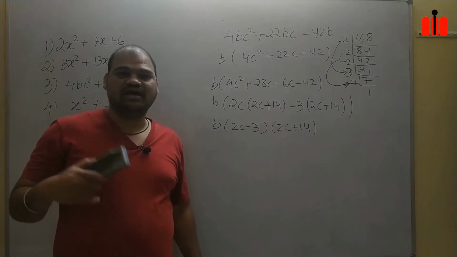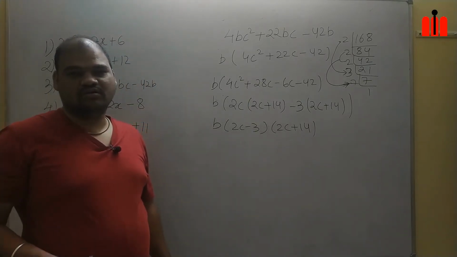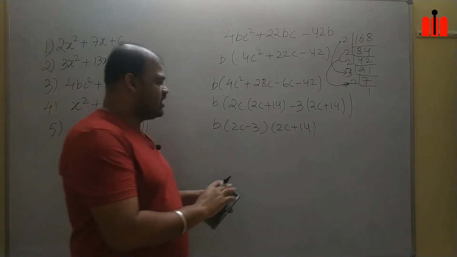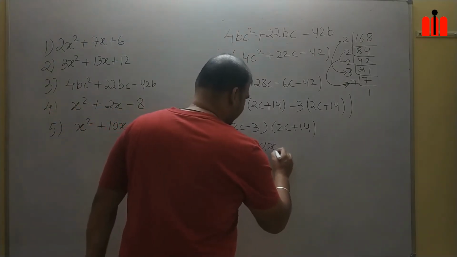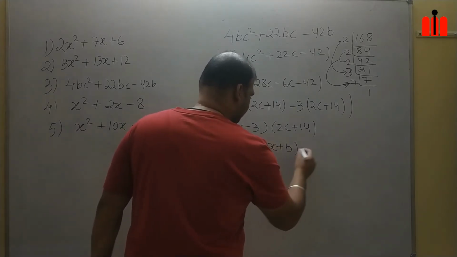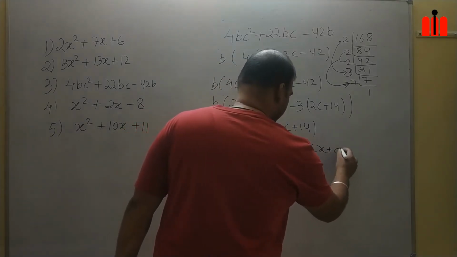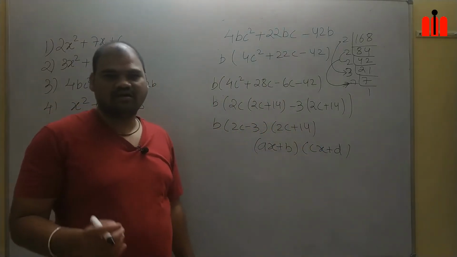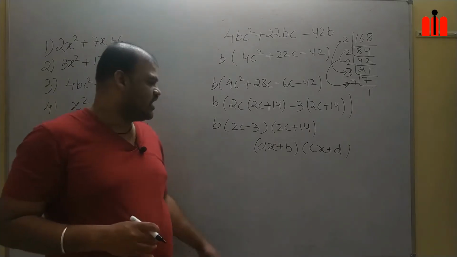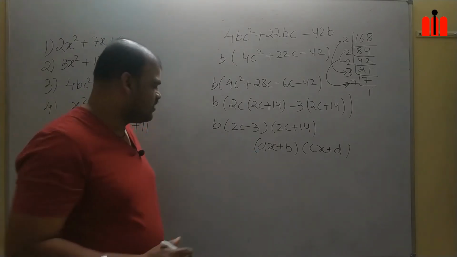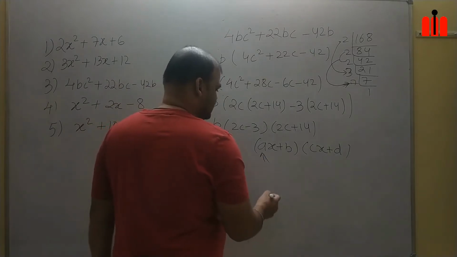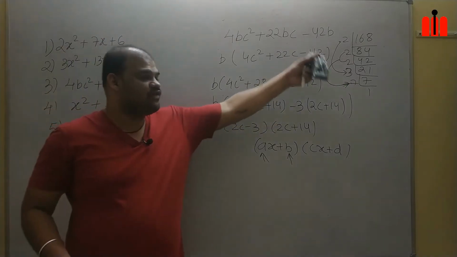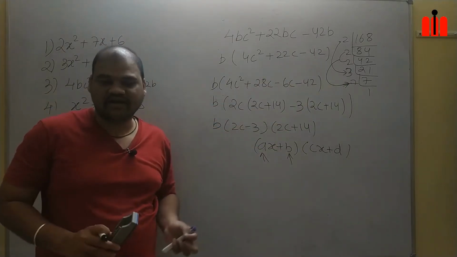But if something is there which can be done in root, that can't be manipulated by this method. Like I told, a linear equation can be in the form of ax plus b and cx plus d, where a, b, c, d are integers. If it is an integer then it is okay. But if suppose you get a in fraction or b in roots, is it easy to find it by LCM? We can't find it.